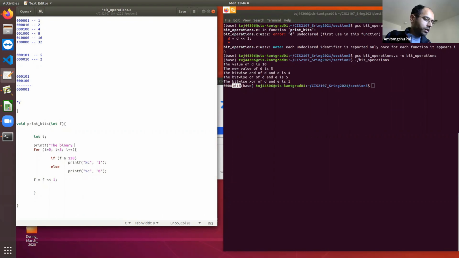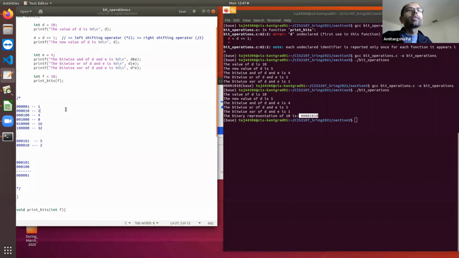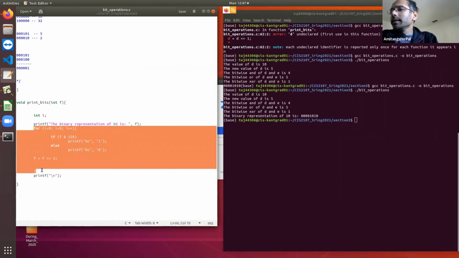The binary representation of 10 is 00001010. So it is indeed representing 10. Can anyone tell me what's happening within these few lines? If not, I can explain.